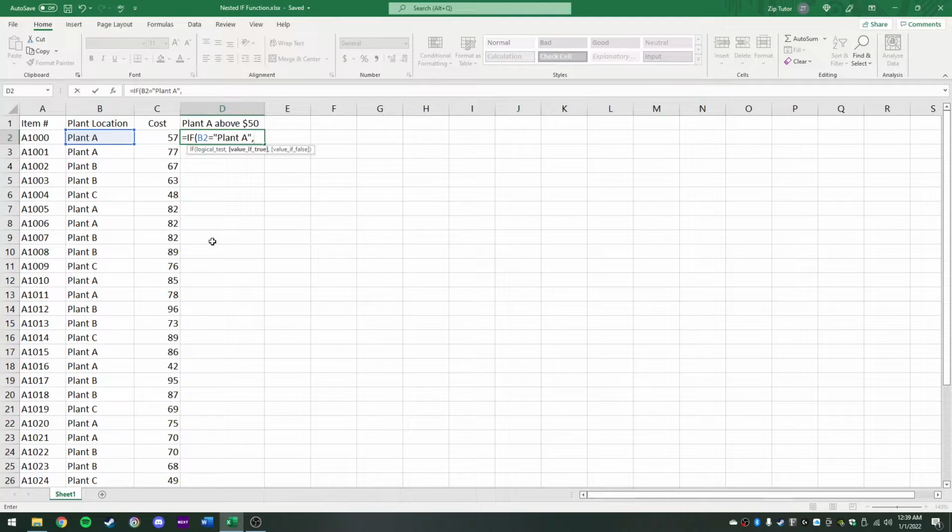So I'm going to put a comma, and if that value is true, so if it is plant A, the next question we want to ask: does it cost more than $50 to make? So I'm going to go ahead and type in IF for our second if statement. I'm going to hit tab, and that enters in the second if equation. And then this logic test is going to be, does it cost more than $50 to make this product? So I'm going to highlight cell C2, which is the cost, and I just want to have the ones that